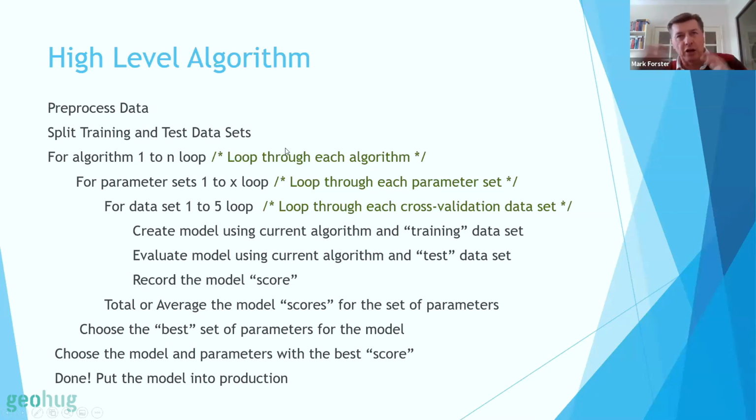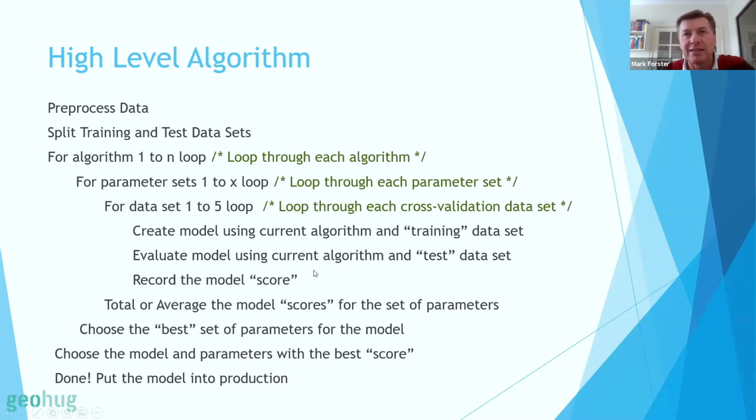You've actually got to grab the right test data as I showed earlier. But then, if you've got n algorithms, you step through n algorithms and you might have X different sets of parameters. You step through those and then you loop through your 5 different cross-validated data sets. Then you've come to the core of your algorithm, and that's to create the model using the current algorithm and the training data set.